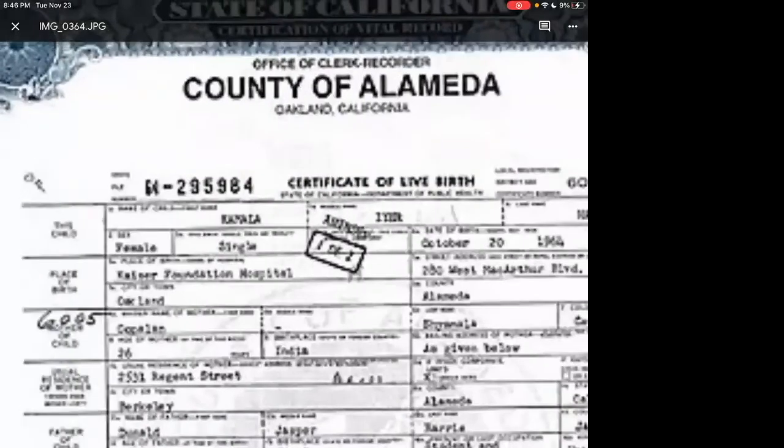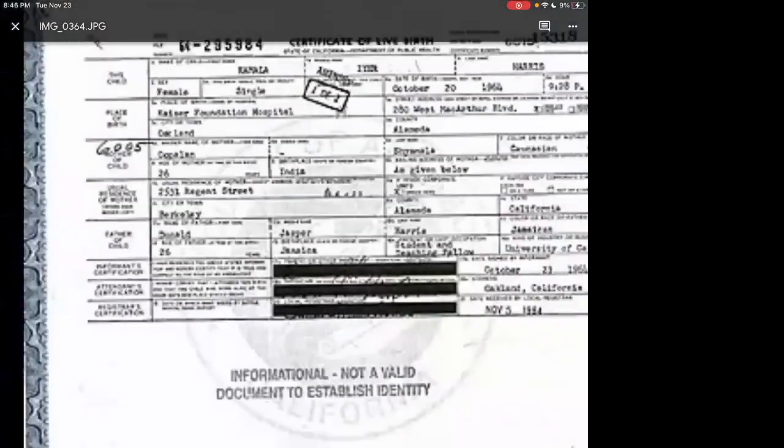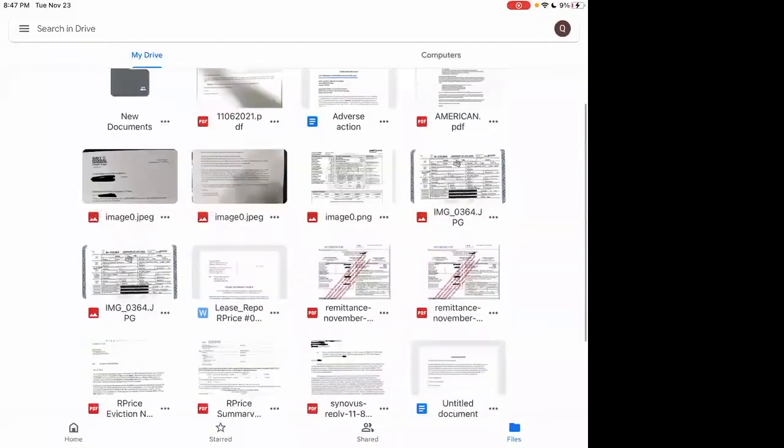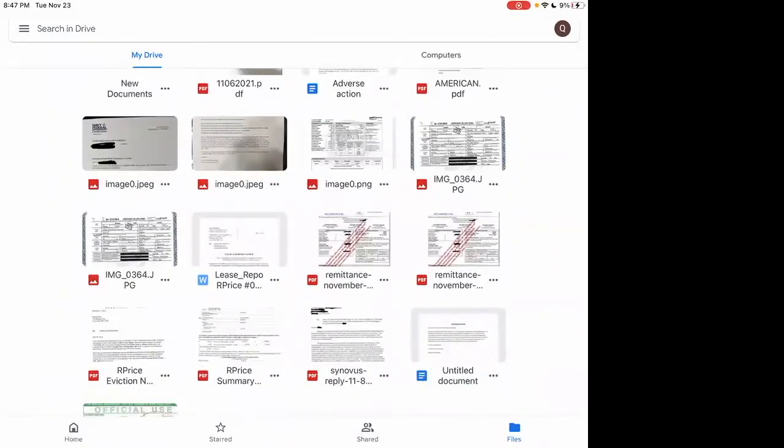Some states don't do it like that. They'll just have a series of numbers at the bottom. Some states won't have any numbers at the bottom; the numbers will just be at the top. So it really just depends. You have to look at your birth certificate and make the determination. It should have a file number somewhere. If you're unsure, I recommend sending a copy over to me if you want me to look at it, and I can tell you whether or not those are your bond identification numbers.